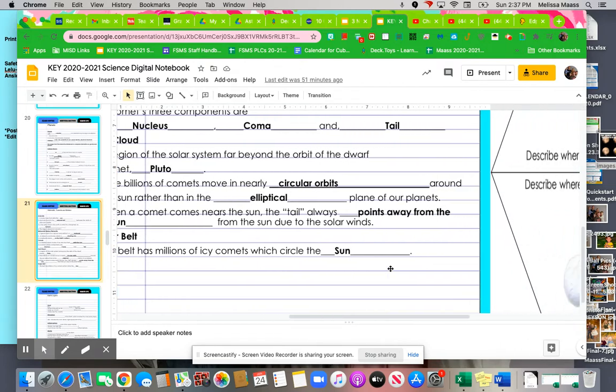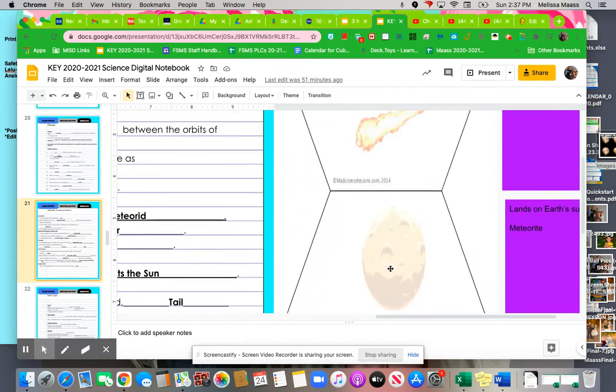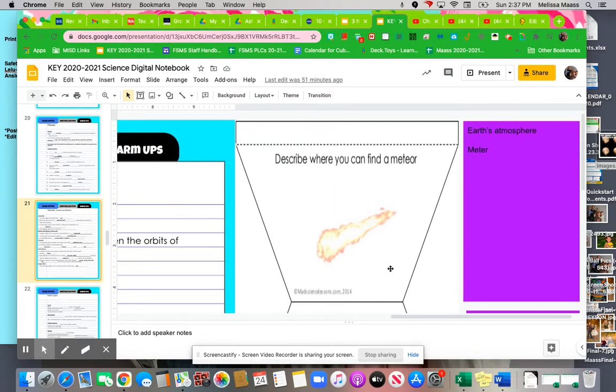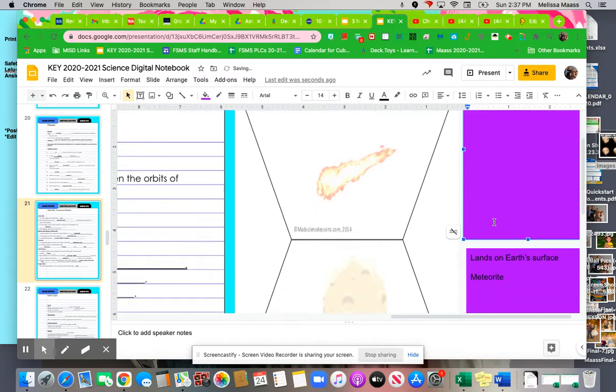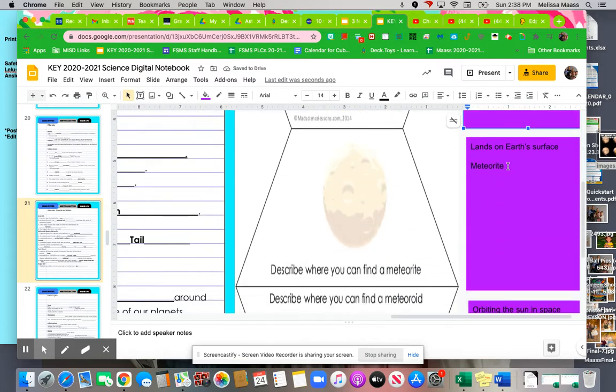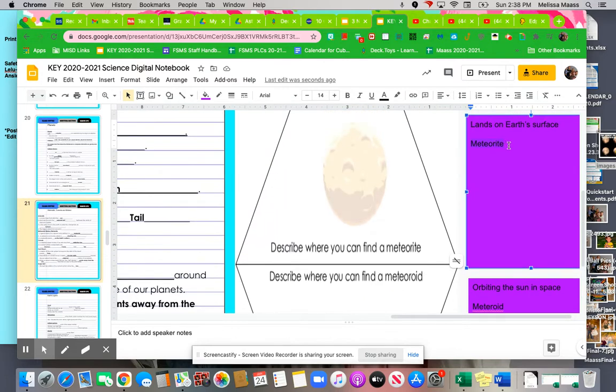Alrighty. If you move over here, it says describe where you can find a meteor. You don't need to have that, but it's Earth's atmosphere. You kind of have to double click on some of these.